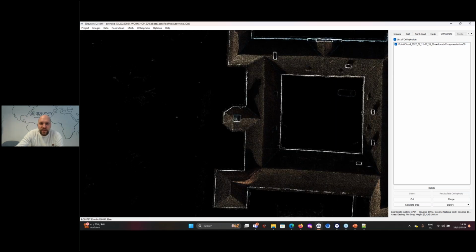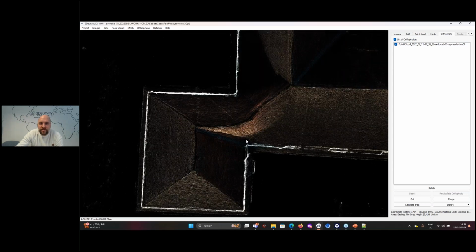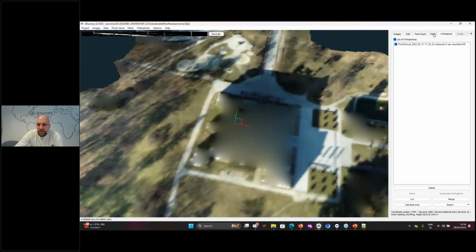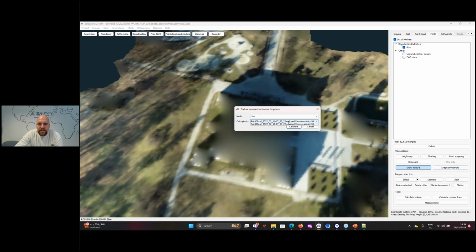So this is how this castle now looks in X-ray. Now I will go here to mesh, and I will drape that X-ray onto my digital terrain model.